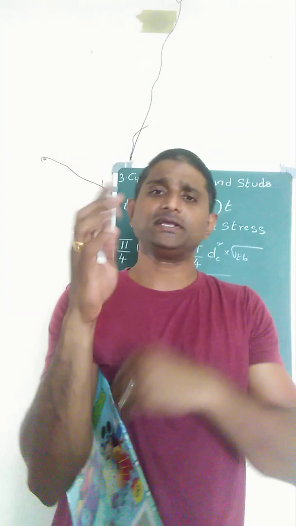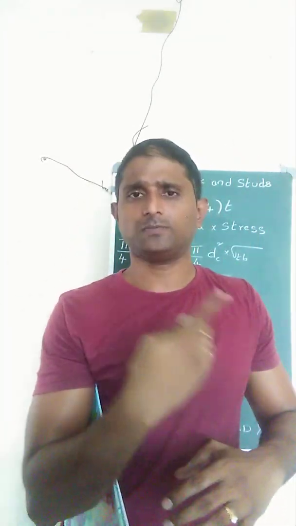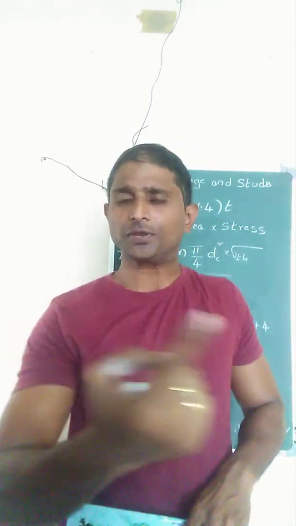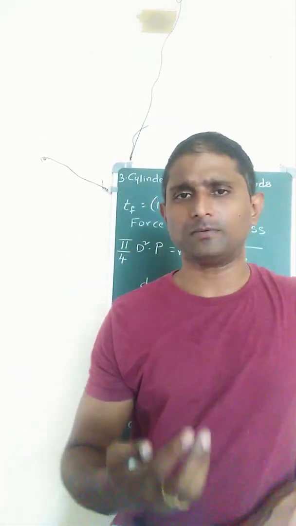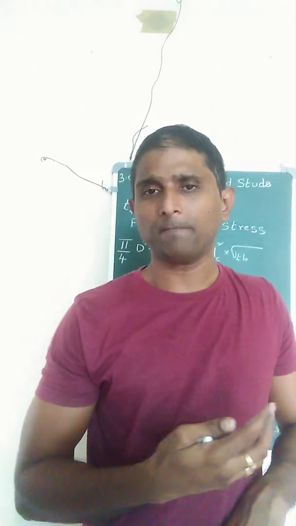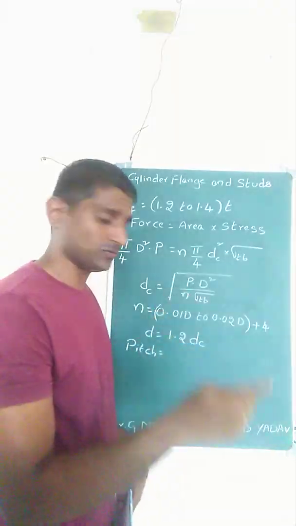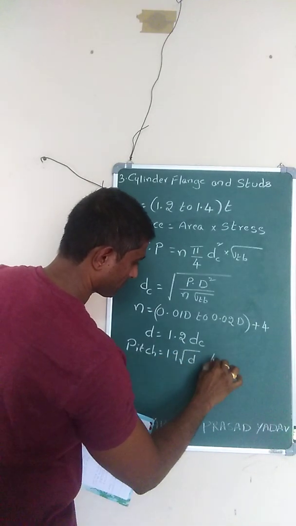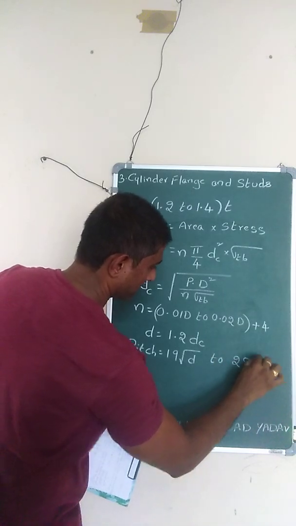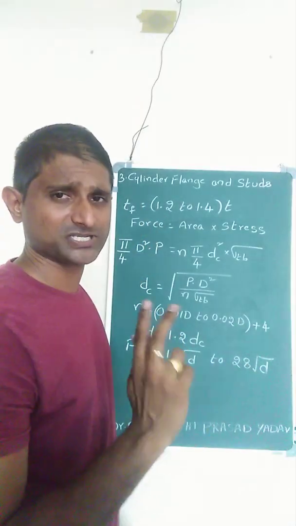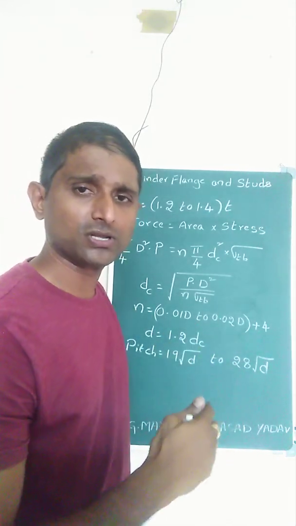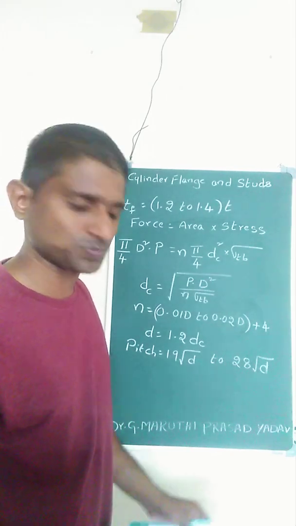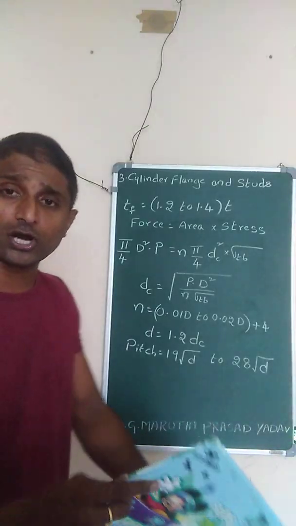As I said, the cylinder is completely fixed to the crankcase with the help of bolts and nuts. So n number of bolts can be secured. So we can take the pitch value. This is the pitch distance between every successive bolts. It is not given in the data book. You can remember this one, 19 root small d to 28 root small d. So with this, the third point is completed.